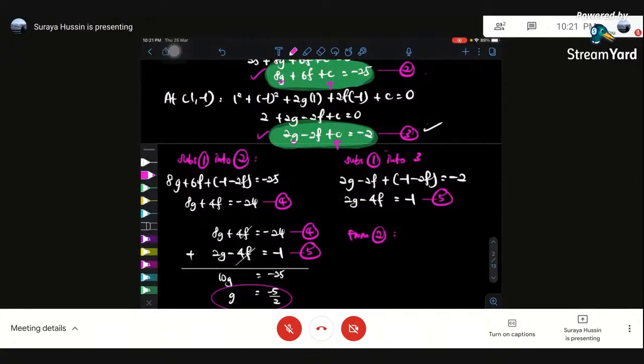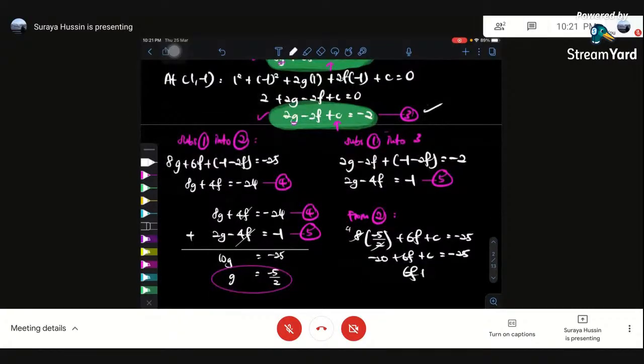So, from 2 we have 8g, where g is -5/2, plus 6f plus c equals -25. So you will get -20 plus 6f plus c equals -25. So 6f plus c is equal to